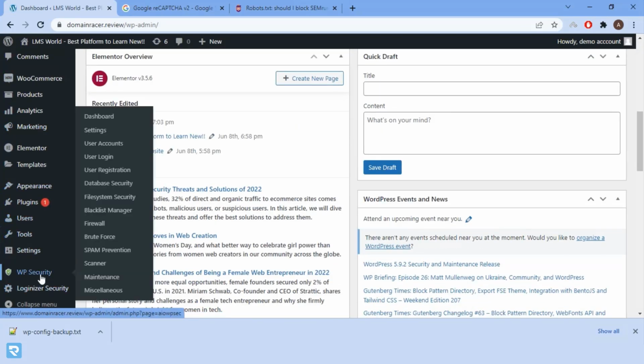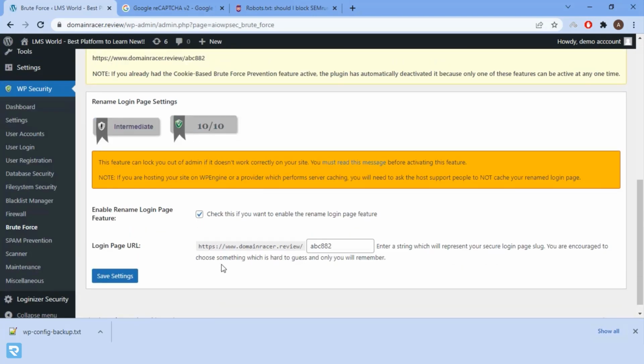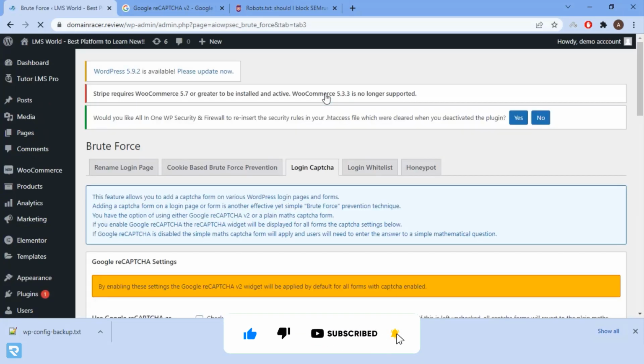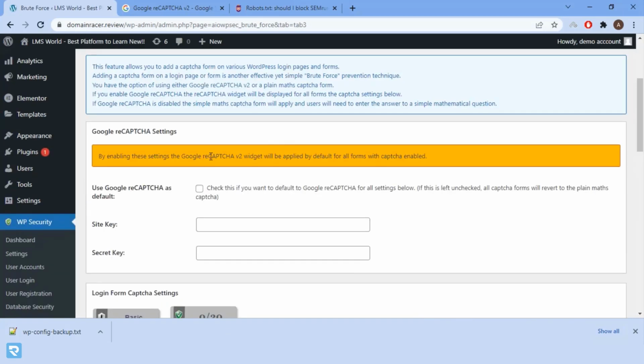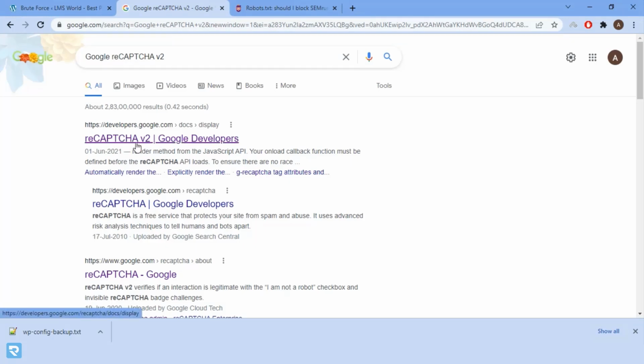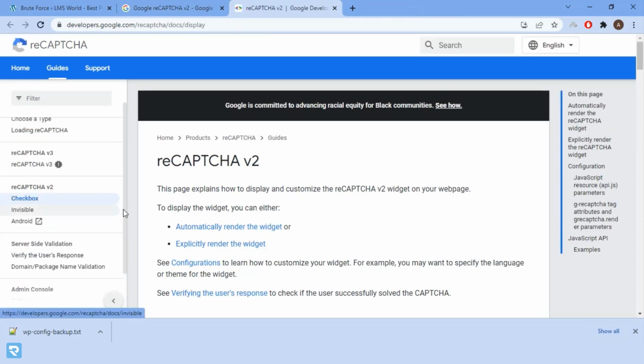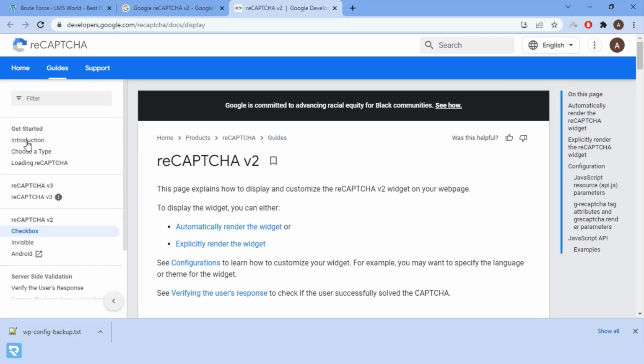So we were here, we have done this part. Now I will go to the cookie-based brute force attack setting, which is not required. Next is login captcha. We have to set this login captcha, and to set it we need Google Captcha v2. Just copy this and search in Google. You will get this URL. Just click on this URL. I will show you a very simple way to complete this part. Just visit this URL and click on introduction,